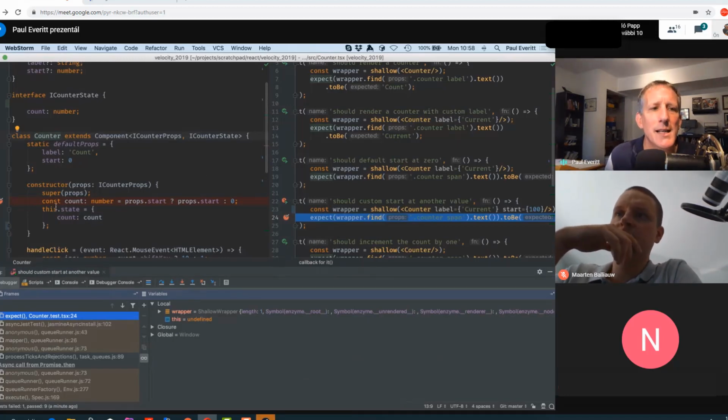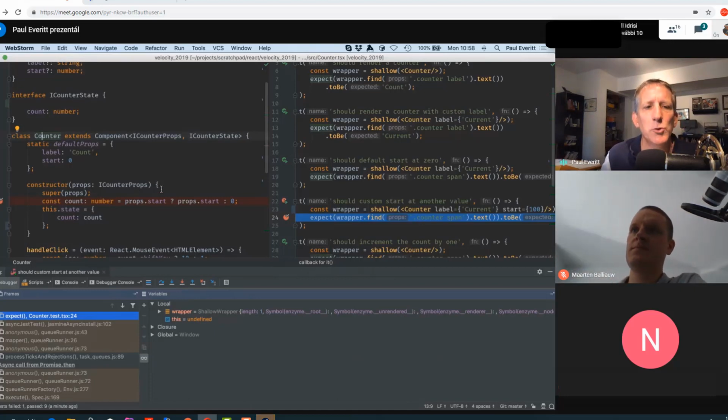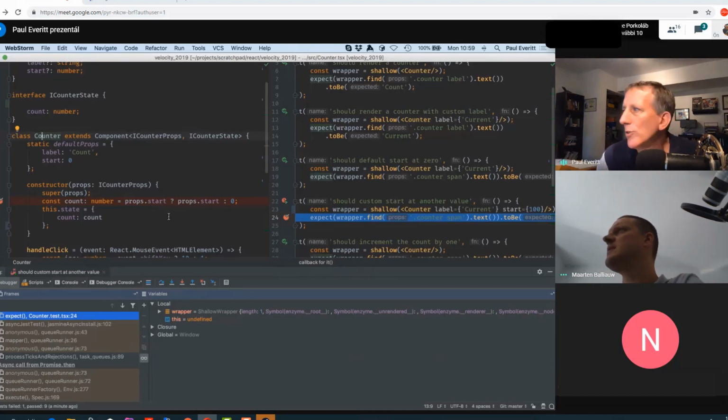So that's a combination of a tool that not only makes you productive at developing, it makes you productive at testing. And it not only makes you productive at testing, it makes you productive at debugging and exploring during the process of testing. Okay, I will wrap it up at this point and hand it back over to Maarten, who might have any questions that have come in.